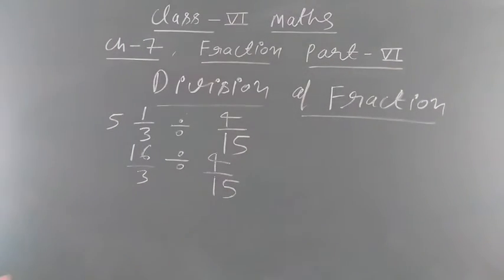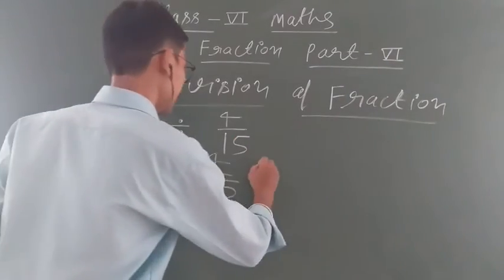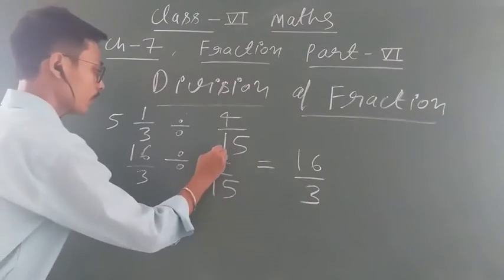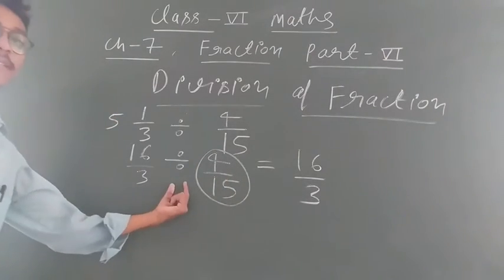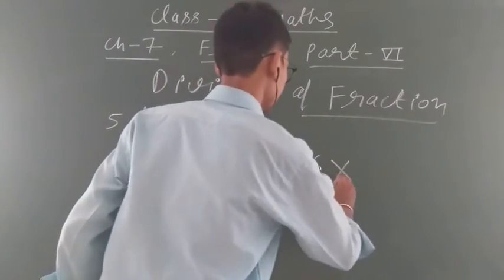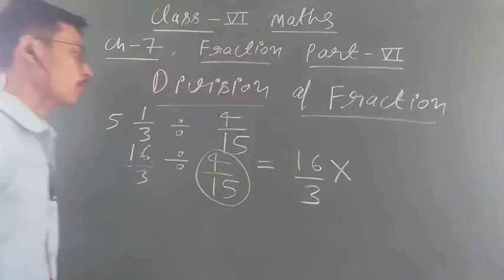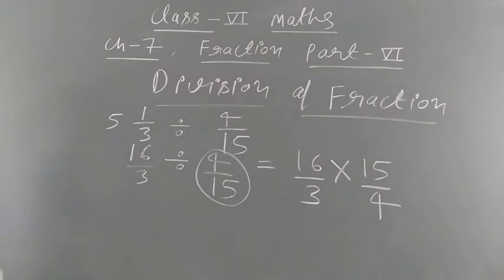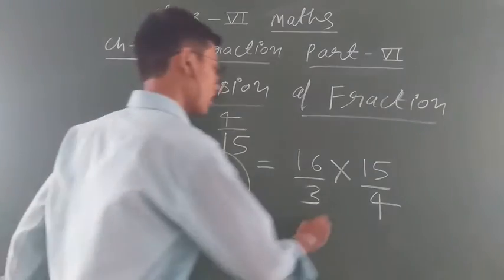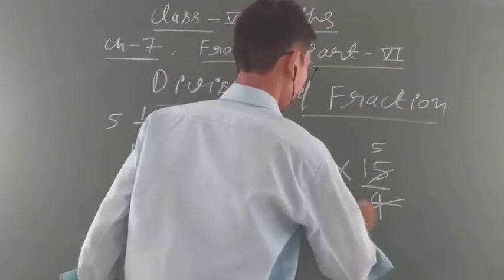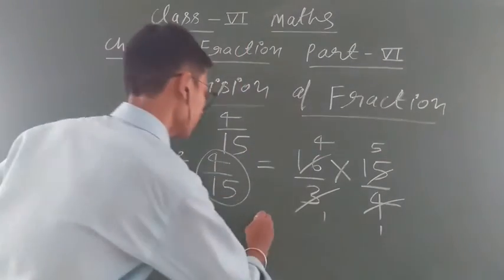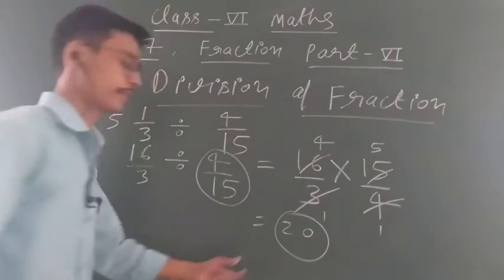Okay, everyone knows how to convert? I explained it lots of times. So 16 upon 3 divided by 4 upon 15. Now 16 upon 3 we will write the same, and on the right-hand side the number given is 4 upon 15 with a divide sign. So divide will change into multiply, and this will become 15 upon 4. One simple thing, students: divide changes into multiply. Now 3 fives are 15, and 4 fours are 16. Okay students, now 4 into 5 is 20. That is your correct answer.